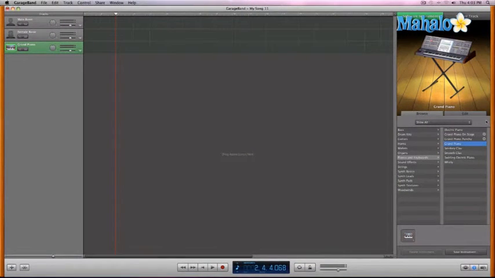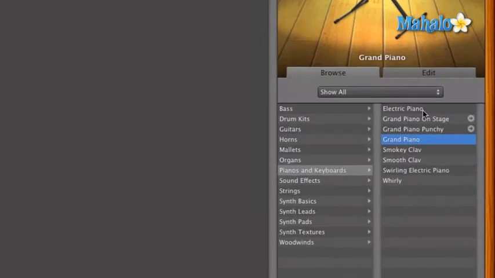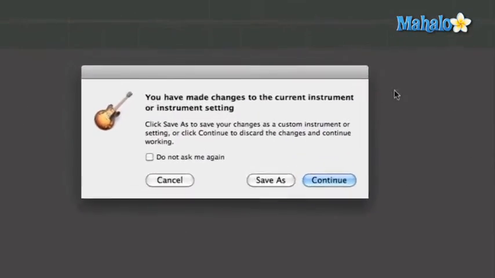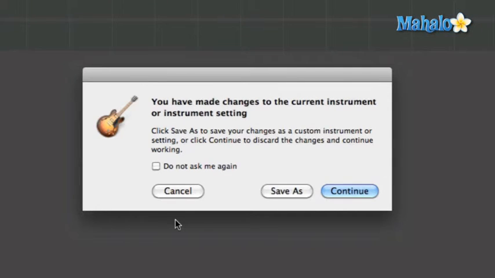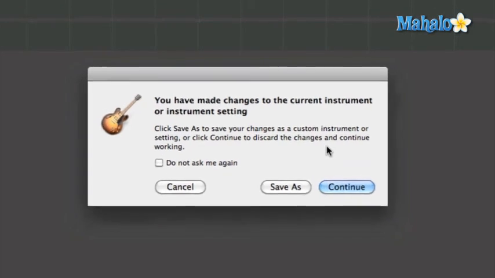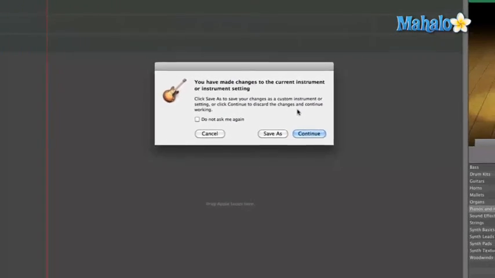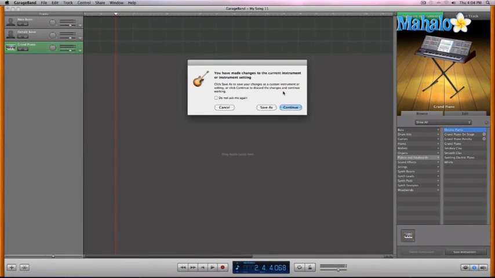Now, just for the sake of changing things up, I'm going to change the actual software instrument to a different type of piano, and I'm going to choose electric piano. This window comes up every time you change something, so if you don't want to see that anymore, you can just click on do not ask me again, and then you can continue. But I have that on just so I can show you guys that that's what happens, just in case you're going through and that pops up and you're like, what, this wasn't in the video. Anyway,